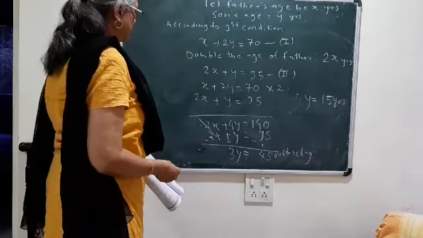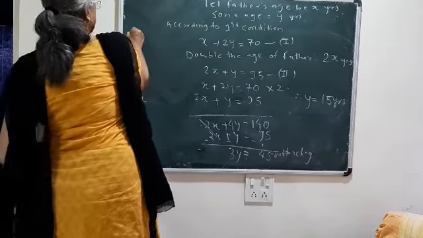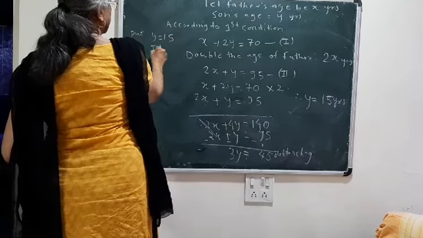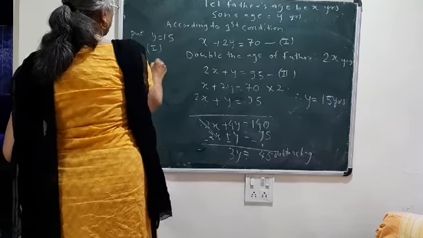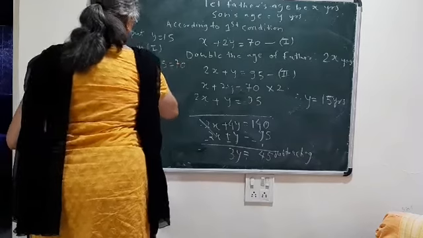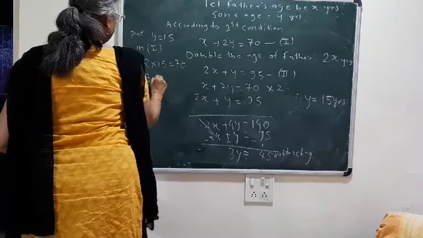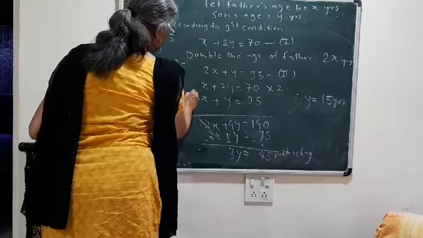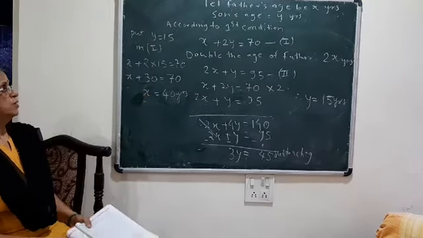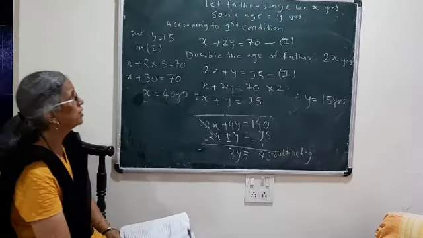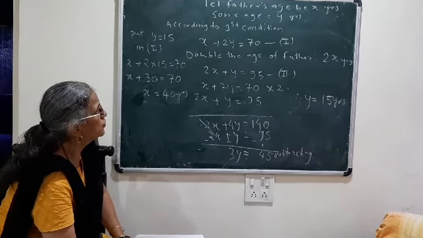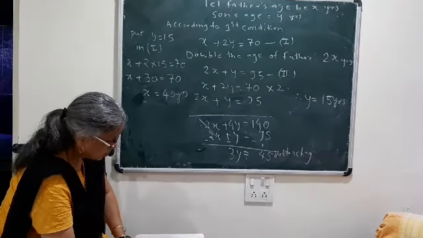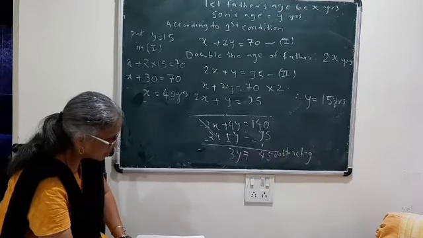So we are going to find out x by substituting anywhere. So put y equal to 15 in 1. x plus 2 into 15 is equal to 70. So x plus 30 is equal to 70. So x is equal to 40 years. Therefore, in the statement, what answer are you going to write? Therefore, son's age 15 years and father's age 40 years. Got the answer? So, that is how you are going to solve the third sum.